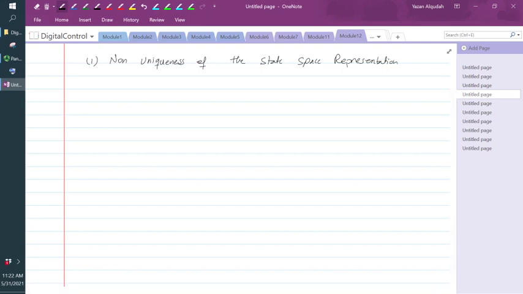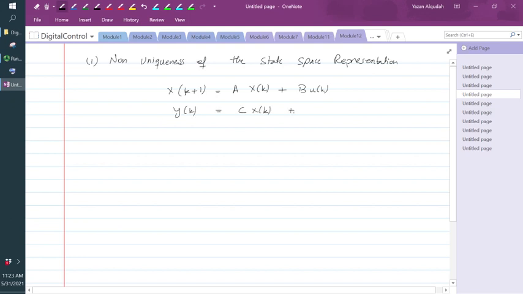Similar to continuous time systems, the state space representation for discrete time systems is also non-unique. So let's look at the state space representation and show how this representation is not unique. If we have x of k plus 1, u of k, y of k equal to C x of k plus D multiplied by u of k, we can obtain a new representation in terms of the state vector